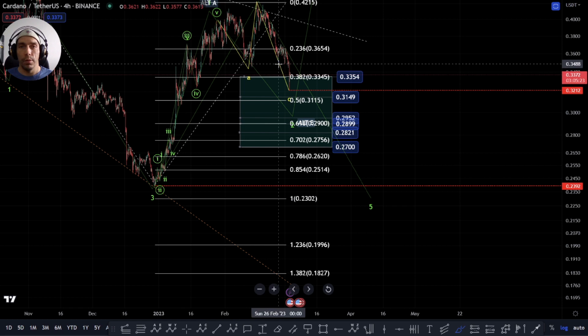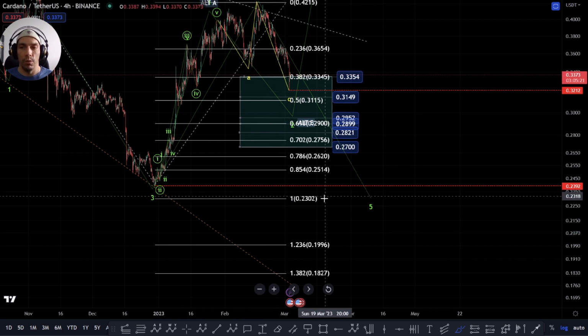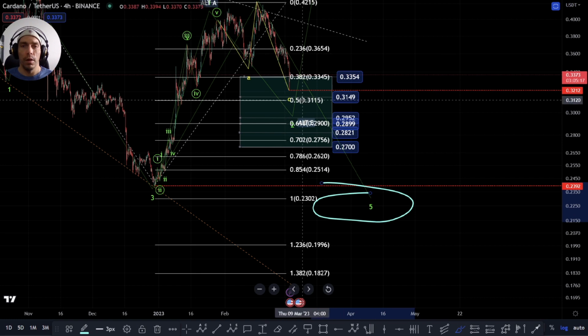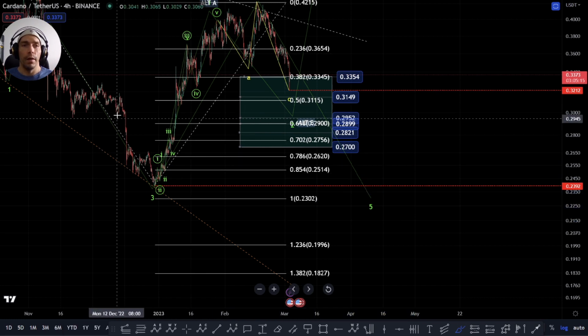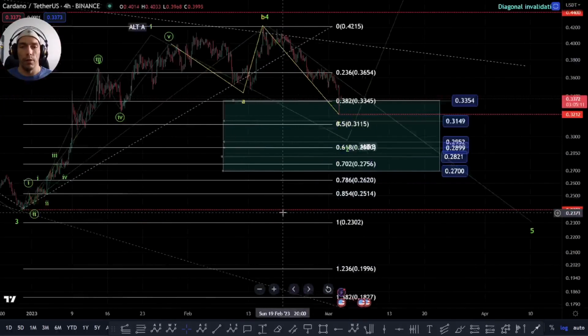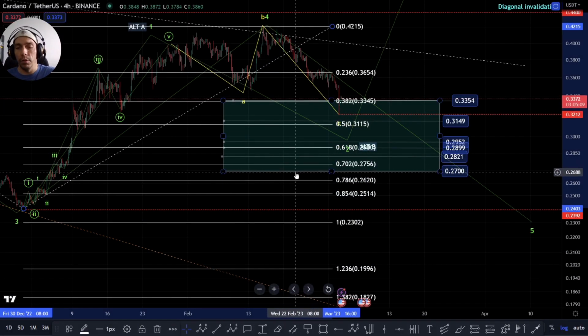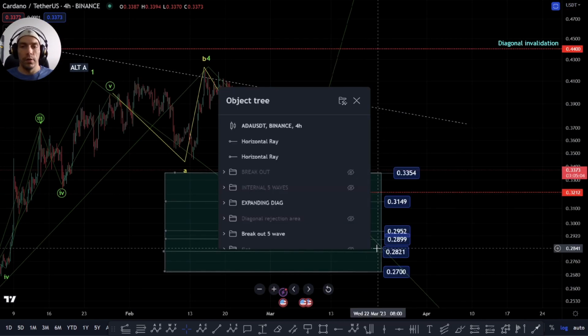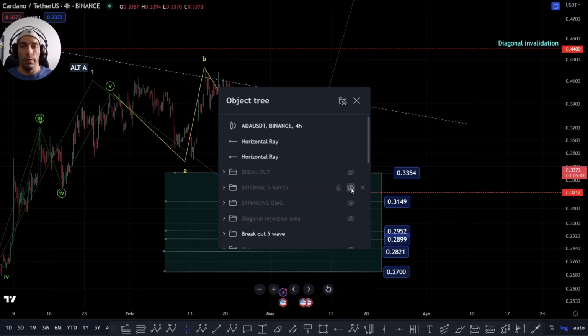So we do have that possibility of actually looking to break down one more time here. It'll be interesting to see whether we actually start to do that now, or whether we are going to look to invalidate this option by moving above this 44-cent range. So, like I said, that possibility is still there to move down here. We need to just see how this area holds.